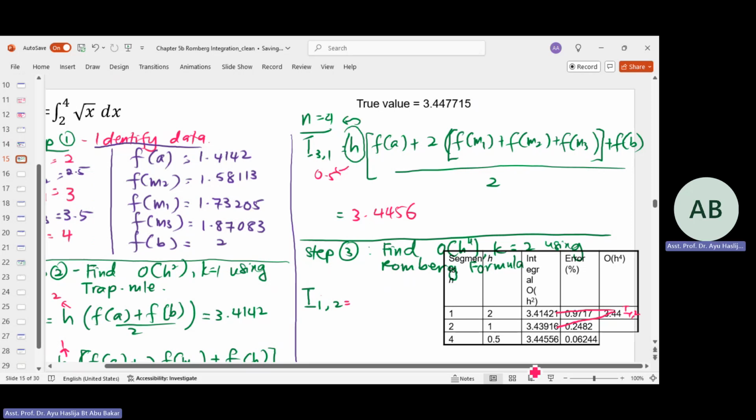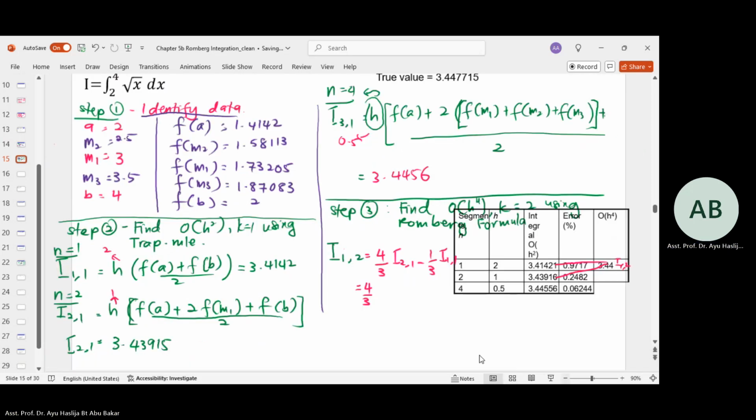Just now we have calculated these. The more accurate is I21, minus the less accurate, which is I11. So I21